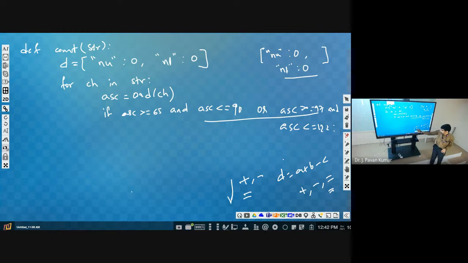Now we have to execute like this. Suppose we have plus and equal to, then we could execute plus. We need not worry. C is equal to A plus B means only plus we are having, equal to we are having, and equal to has less priority. So plus will be executed first, then the assignment operator will be executed. But here plus and minus we are having, both having the same precedence.